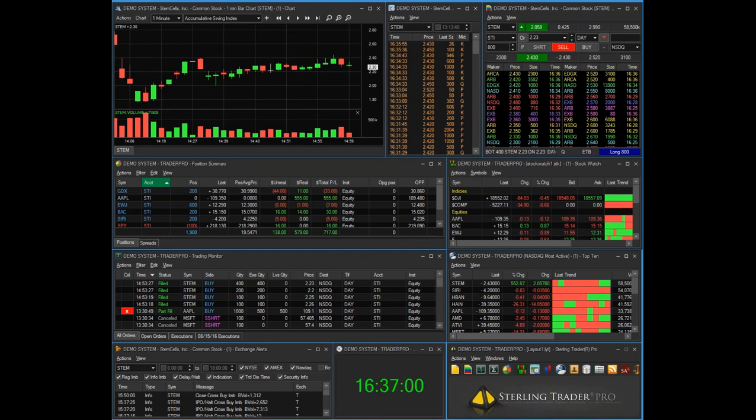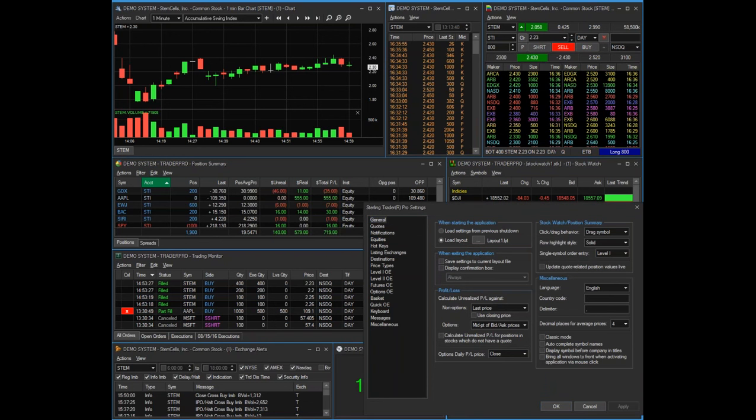The very first thing I want to show you is, everything we did here we think is great, but if you don't want to use the latest color schemes, if you're used to what you're used to, that's fine. You can run Sterling in what we're now calling classic mode. If you go to View and then Settings,